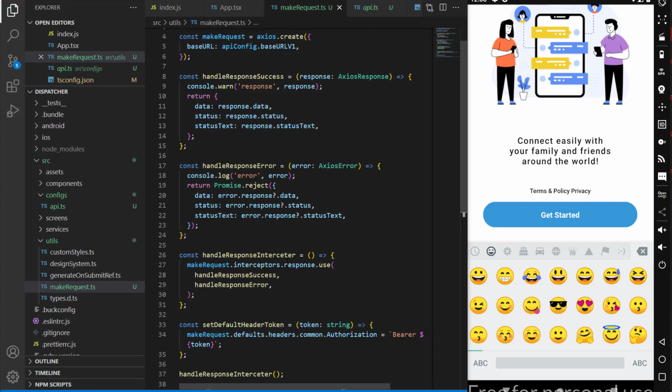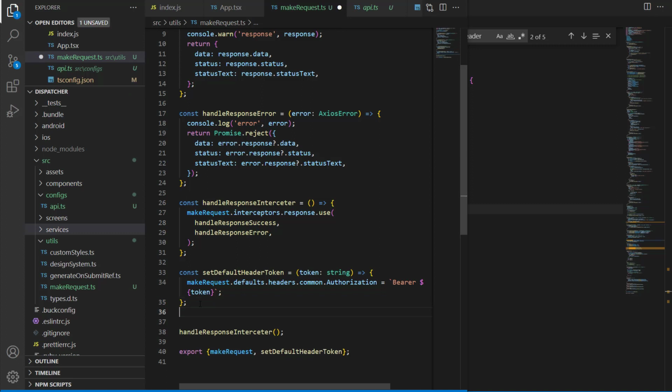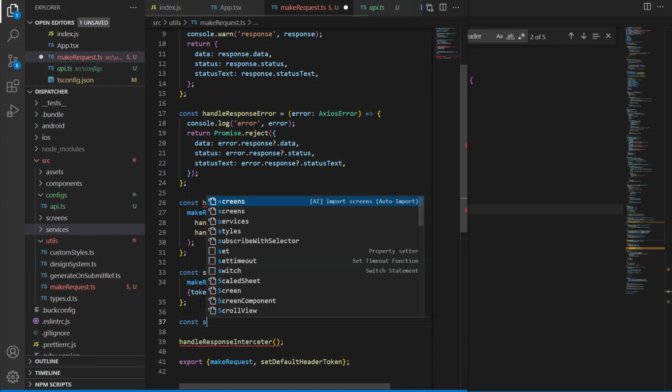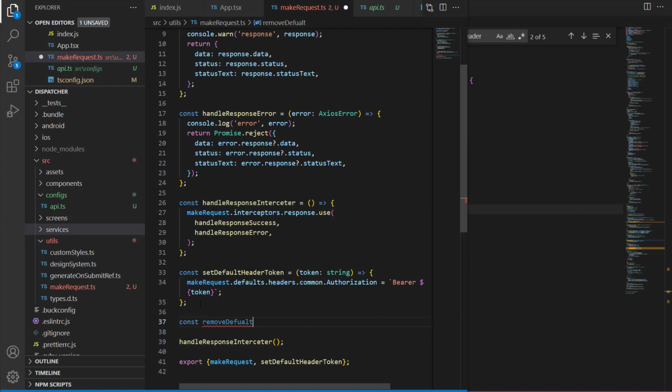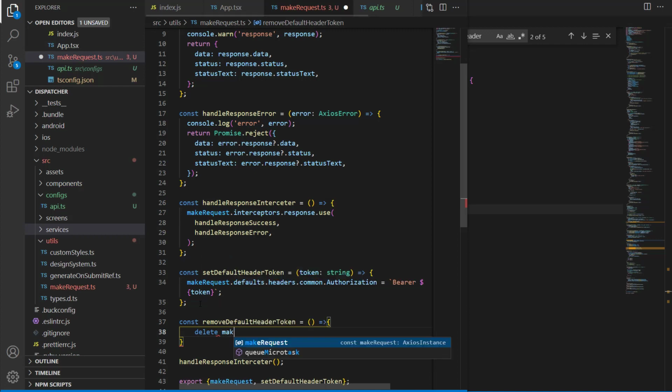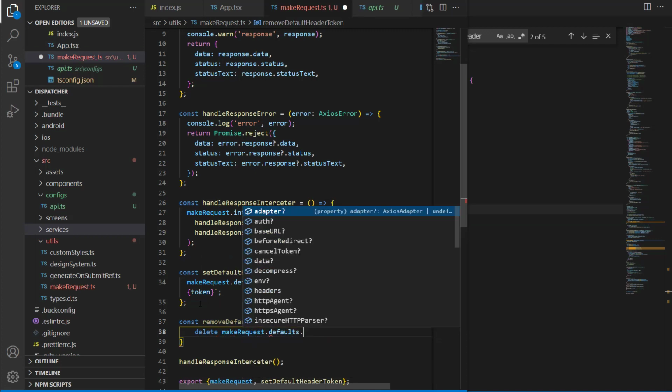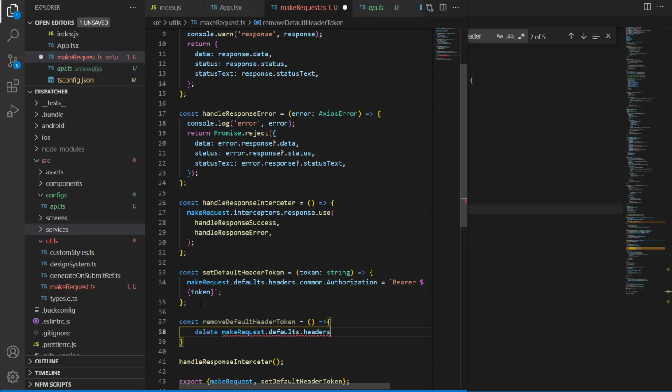In here we should have another one to delete the header token when we log out. So let's say removeDefaultHeaderToken. This one we can say delete makeRequest.defaults.headers.common.authorization. Copy this one. Alright,